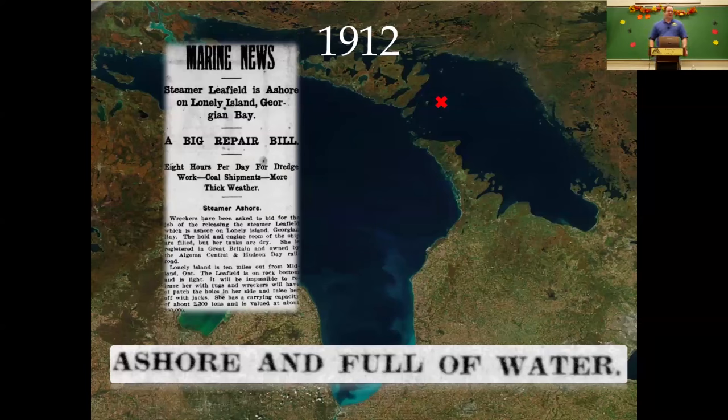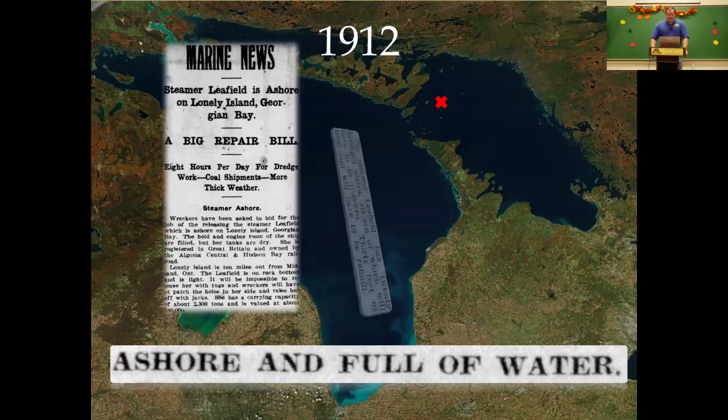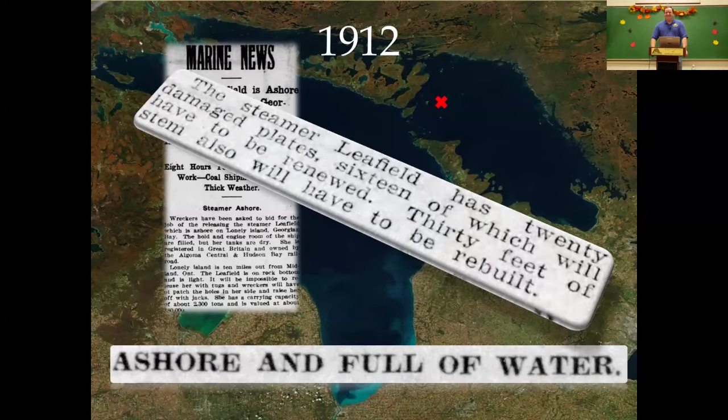When you start seeing news articles that talk about how good of a sailor the captain is, and they're not telling you why it wound up on an island, fill in the gaps. Well, this is a different trip. So he wound up in Georgian Bay. This is several years after the trip through the Sioux Locks with the Escanaba ore. And so the best I can come up with is he just simply made a navigational error, or one of his mates did, and they crashed into an island. And by crashed, I mean crashed hard. She's going to have 16 steel plates renewed, replaced, and 30 feet of her stem rebuilt. That is a whole lot of steel to have to replace and rebuild for one accident. But the Leafield survives to sail again,